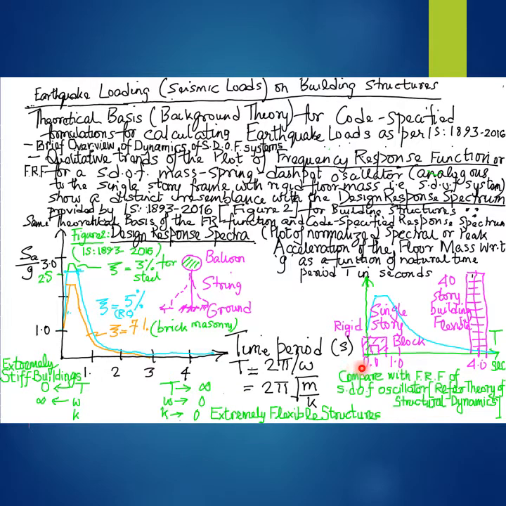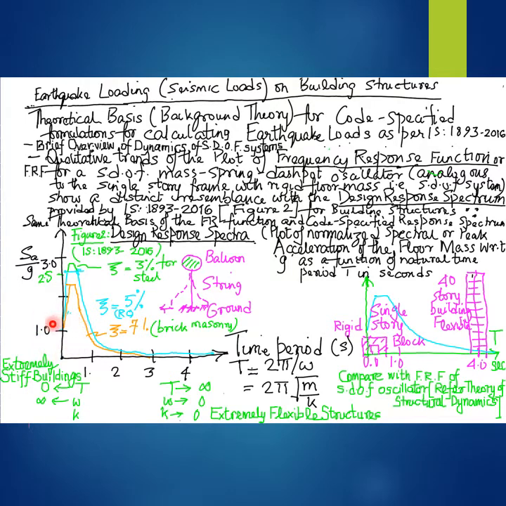That is, if the ground moves to the left with a certain acceleration, the block moves along with the ground, and if the ground moves to the right with a certain earthquake ground acceleration, the rigid single-story block simply moves with the ground and follows the earthquake ground motion, and therefore